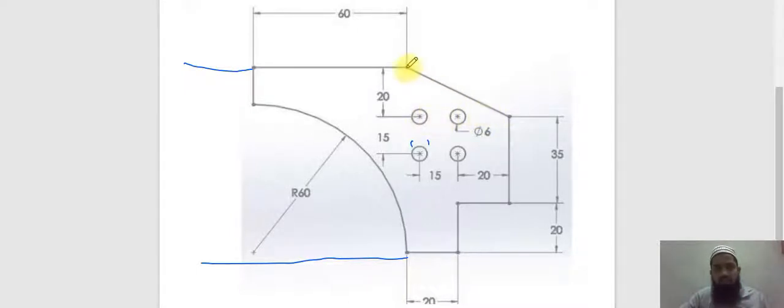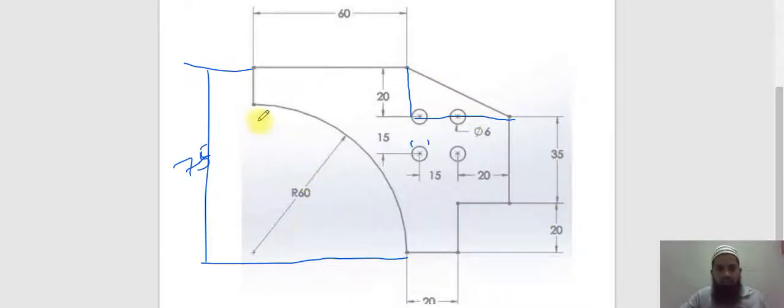Rather than that, you can find it out also if it is not possible, because if I'm joining here like this way, then also I'll get it. Just for the understanding, I'm assuming over here this height is 20. So it is 20 plus 20 and 35 is nothing but 75. Okay, this is 70.